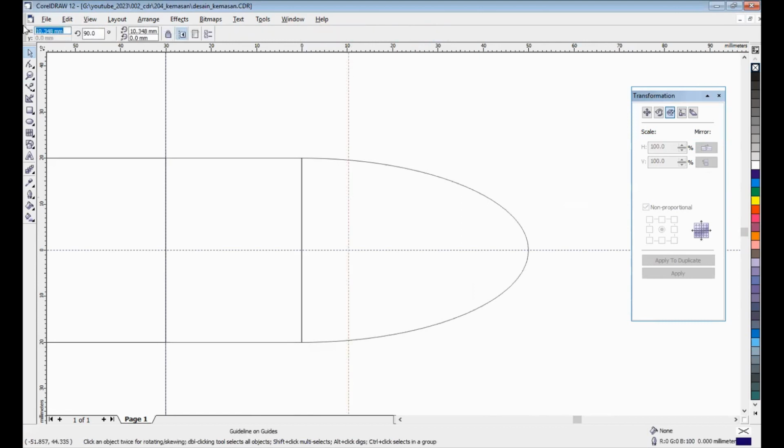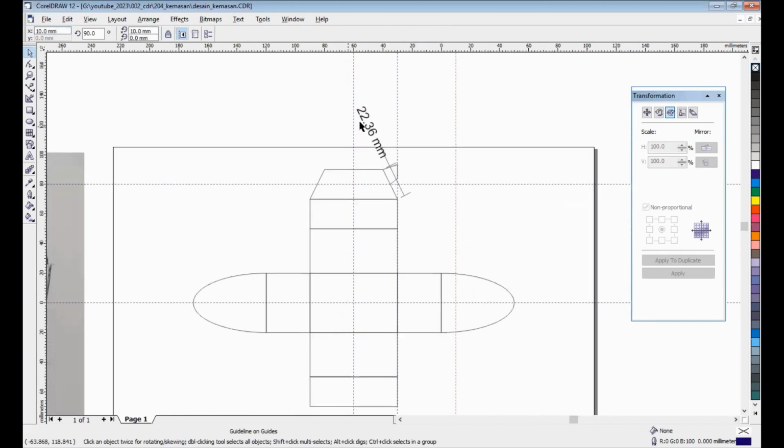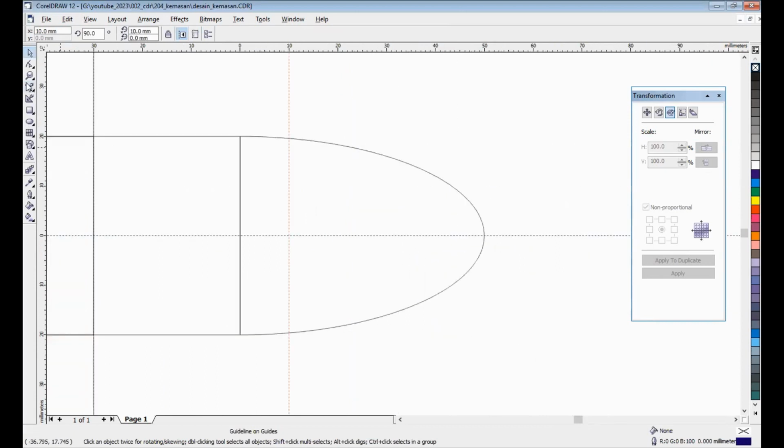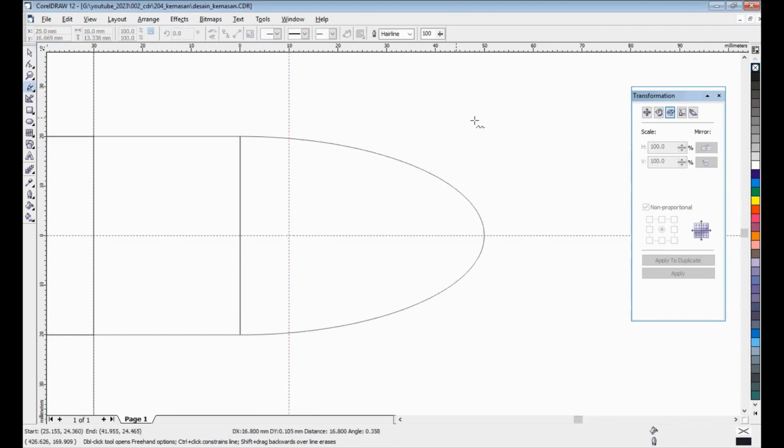Okay, 1 centimeter, and height maybe 13. Okay, 13, I get 13. Okay, finish. 13. Okay, this maybe here, I want to use.